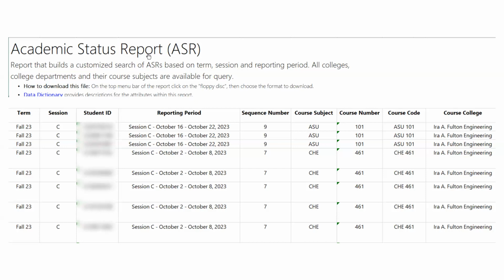So what happens is we'll send you a report and it'll be in an email with a link. You go to that link and it'll send you straight to this report. You don't even have to put in the parameters. And then you do have the ability, and you can't see it on this slide, but when you're inside the